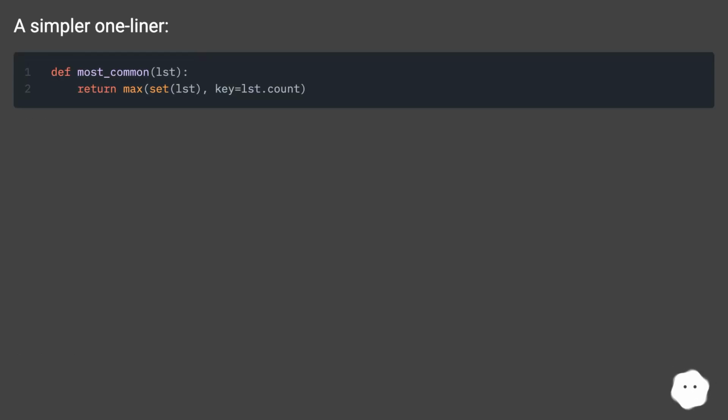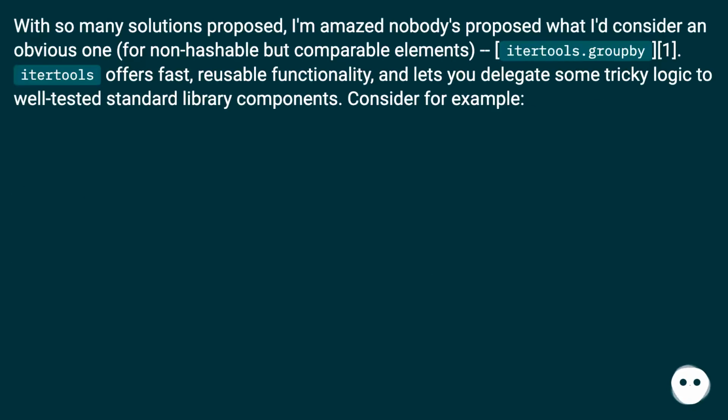A simpler one-liner. With so many solutions proposed, I'm amazed nobody's proposed what I'd consider an obvious one, for non-hashable but comparable elements: itertools.groupby. itertools offers fast, reusable functionality, and lets you delegate some tricky logic to well-tested standard library components. Consider, for example,